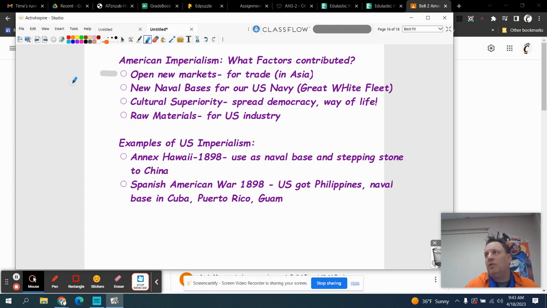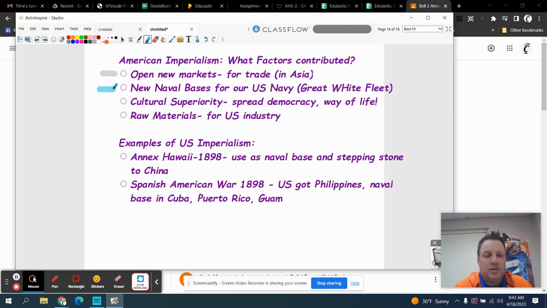Okay. Same thing goes for these big U.S. steel companies like U.S. Steel or Standard Oil. They're just not going to sell in the United States. They want to open up markets to other nations. Okay. The second big thing on that list